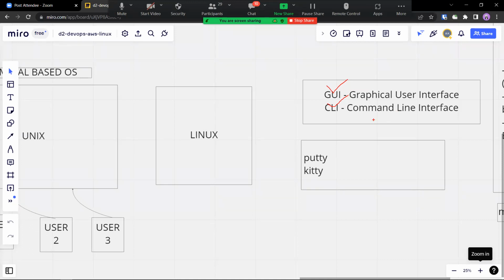So GUI is graphical user interface, basically the Windows that we normally see. CLI is command line interface. Now let's come back and see, if we apply these same two things to Java programming, what kind of interface do Java programs usually run on? A GUI or a CLI?